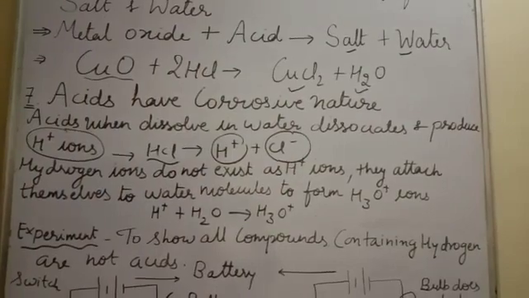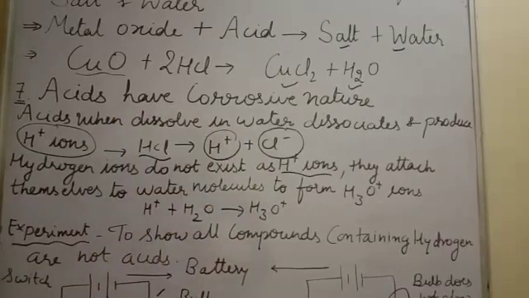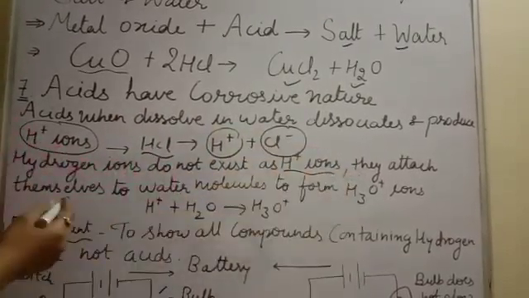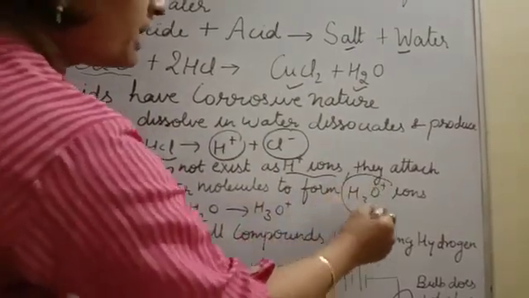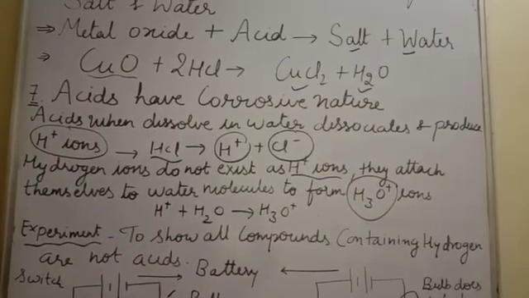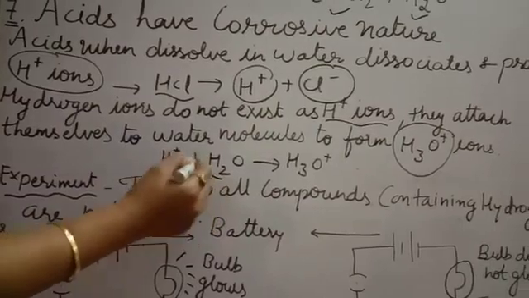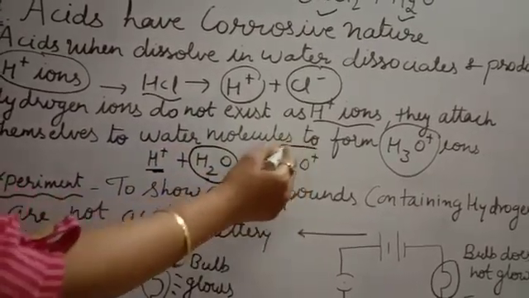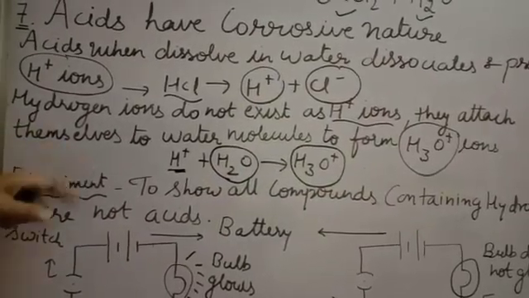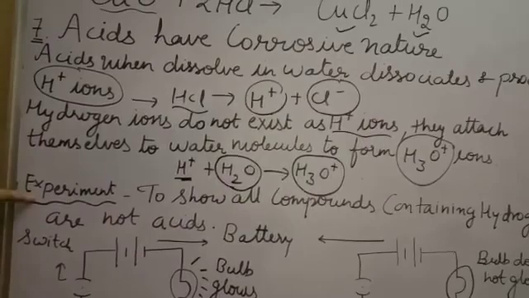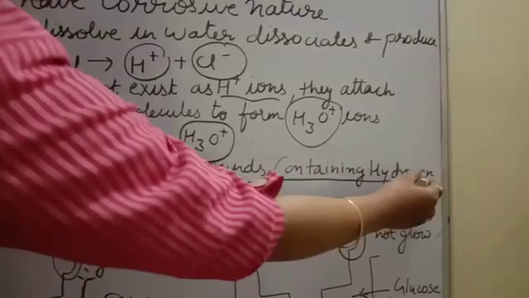But hydrogen ions do not exist as H plus ions alone. When they attach themselves to the molecule of water, they form the hydronium ion, that is called H3O plus ions. For example, you can see this H plus ion when attached to a water molecule will form H3O plus, hydronium ions. On the basis of this, we can show you an experiment to show that all compounds containing hydrogen